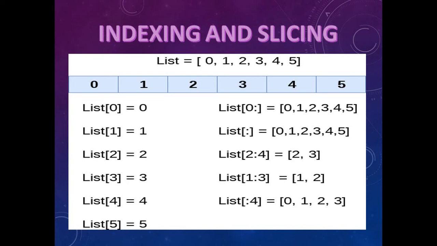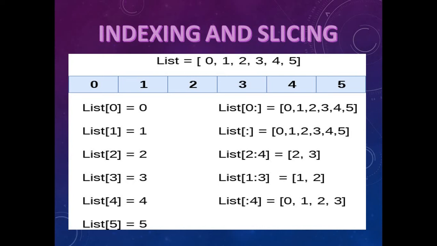list[0:]. The colon indicates that after the colon you can have some number. So a starting number, then a colon, then you can have some ending number. In this case, the starting number is 0 and the ending number is not specified, so whatever you have till the end, everything will be printed. So list[0:] gives 0, 1, 2, 3, 4, 5. The next one is list[:], so no starting value, no ending value, and all the numbers will be displayed in the output.